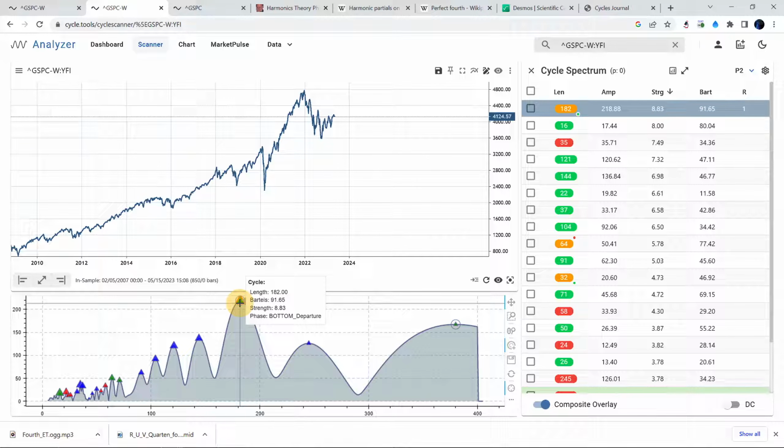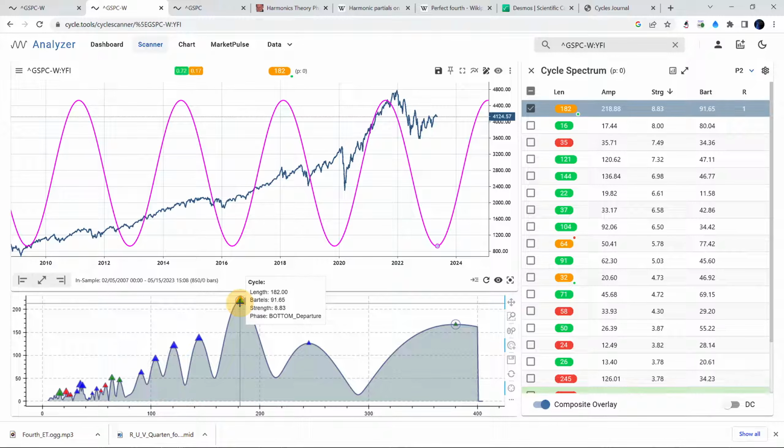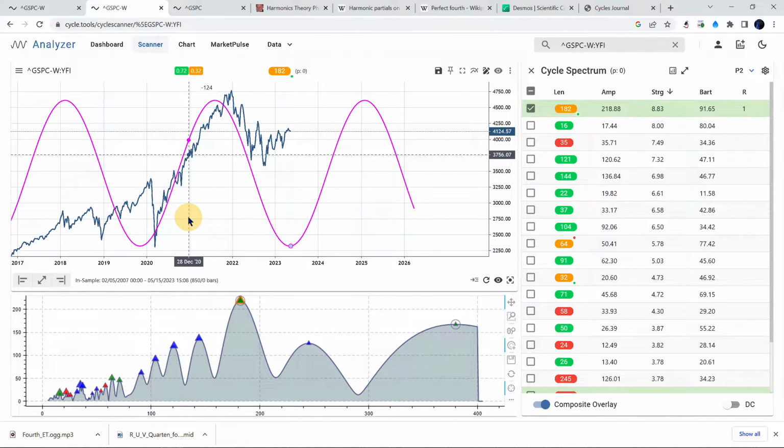weeks. And by the way, this is the cycle we are following since October 2021 here. So if you're following this channel, this cycle, you should be quite familiar with it. And we are following the phase and the projection of this cycle for 1.5 years. So now activating this cycle on our weekly data, and ta-da, that's now the projection we get.